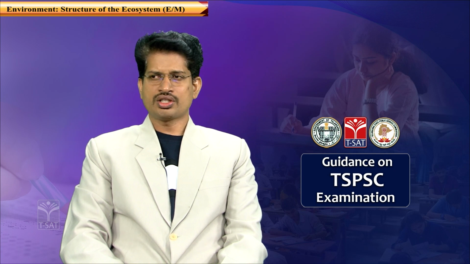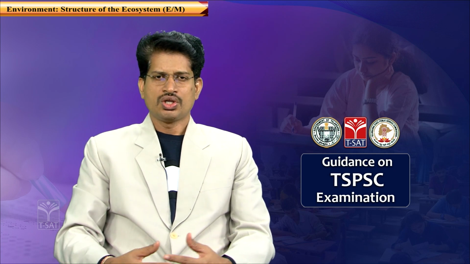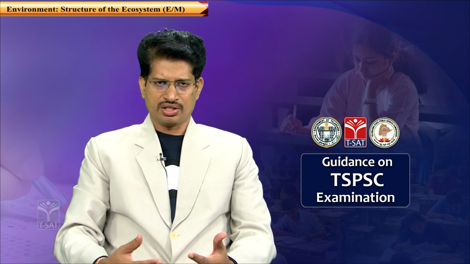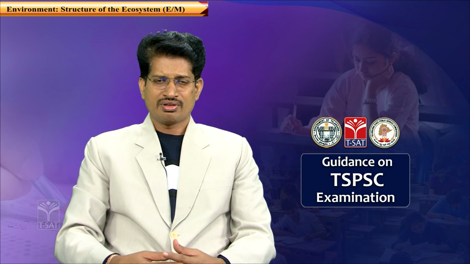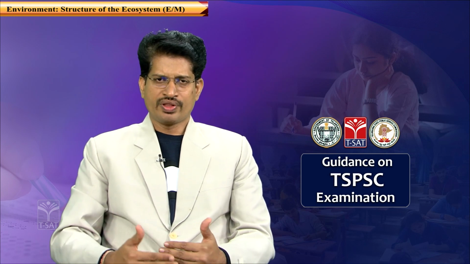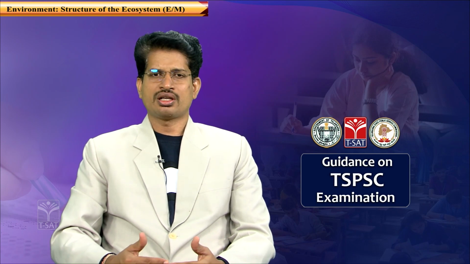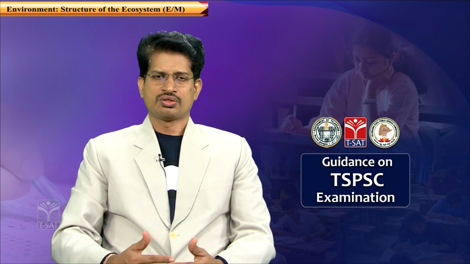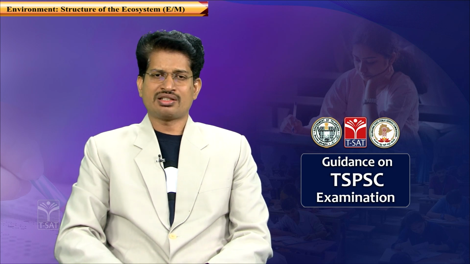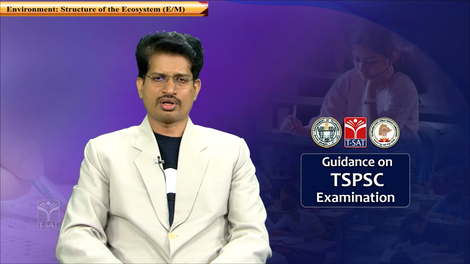So when the energy is released, it is dissipated into the environment. When the amount of energy decreases, automatically the biomass decreases. Because the energy is being used for the maintenance of the system, for metabolic activities and biological processes,